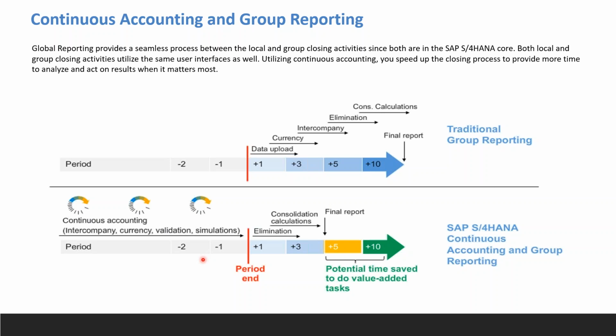Is it a delta or is it overwriting? I think it's delta, right? No, it will overwrite once we release it. Suppose I have released the data and it has generated a new document number. If I come tomorrow, I will release the data again, with some changes on the same GL accounts and other transactions. It will delete that particular entry, overwrite it, add a new document number, and update with the new amounts to the same GL accounts. If it is a different GL account, it will add those entries. So the entire previous document number will be deleted from the Q table.